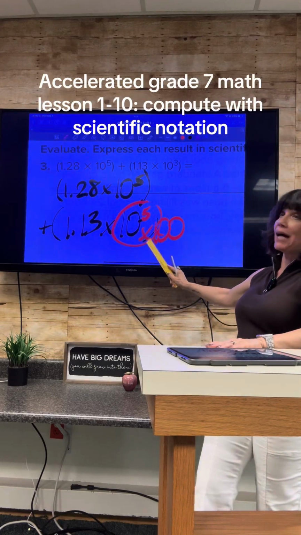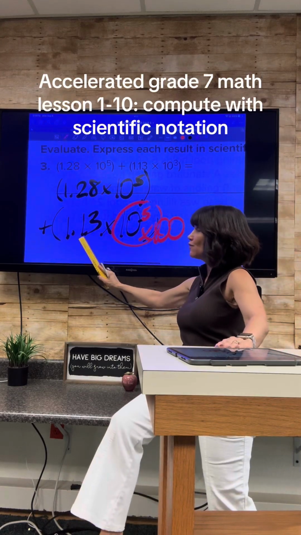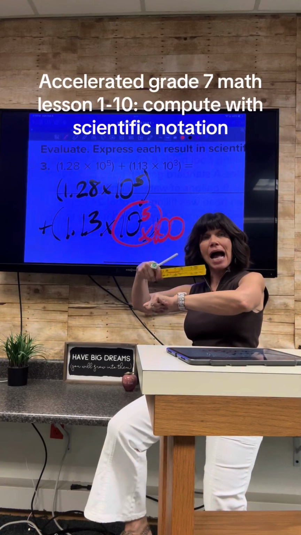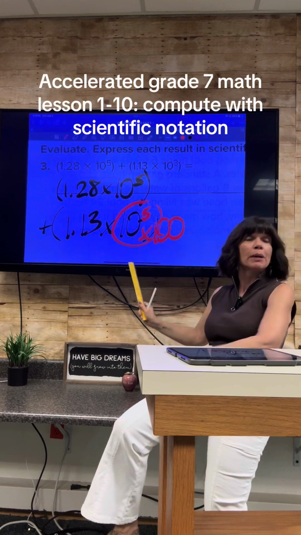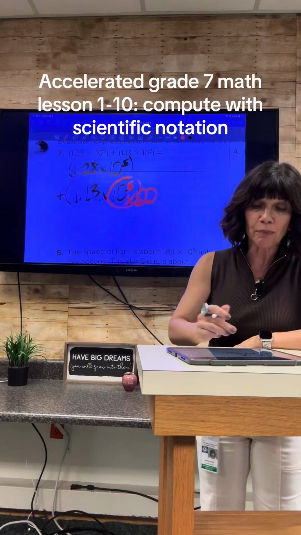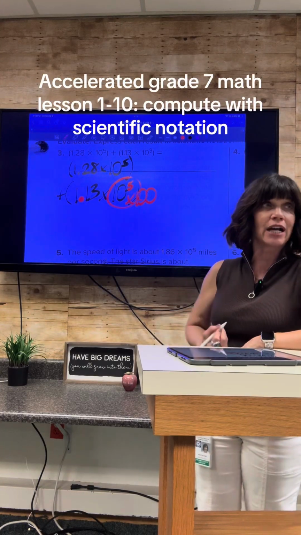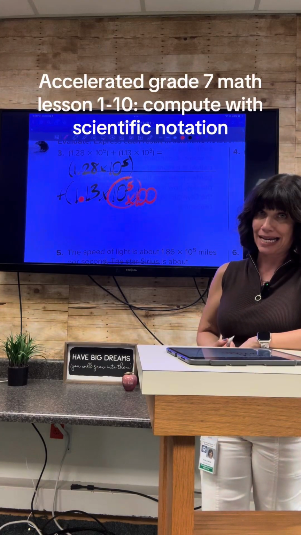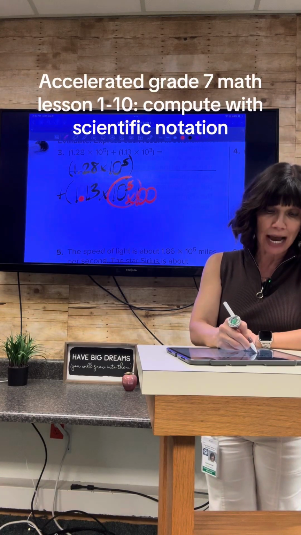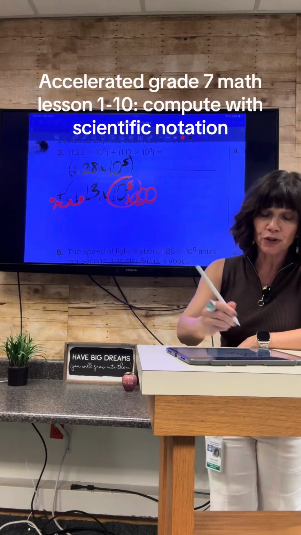Since I multiplied this factor times 100, what must I do to this factor so they will still equal the same product? Divide it by 100. Remember, do the inverse operation, but same value. So when you do 1.13 divided by 100, which way will this lovely decimal have to scoop to make it divided by? To the left. How many scoops? 2 powers. Because we reduced it by 2 powers of 10. Do you get how you will now see